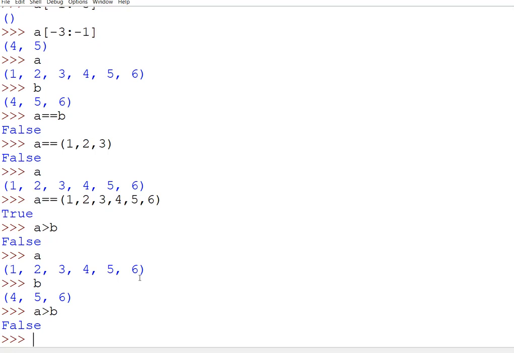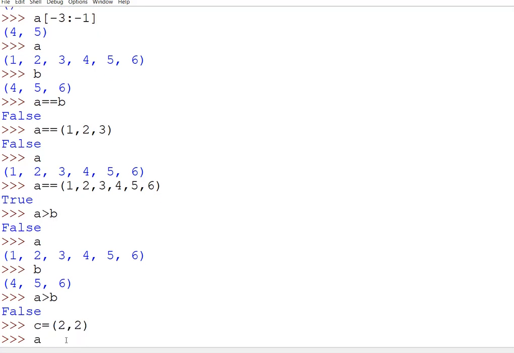So how is it comparing? Anyone, any idea? Memory location, ma'am. No, with respect to the value, it has compared the first value with the first. 1 with 4. So if you compare 1 with 4 only, you will get false as the answer. For example, I'm taking one more tuple and I'm writing here 2, 2.